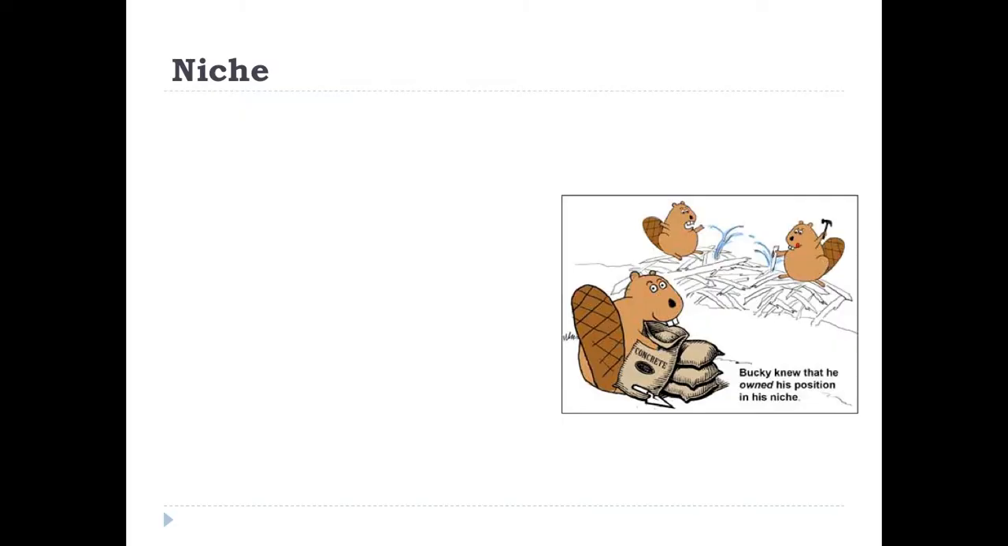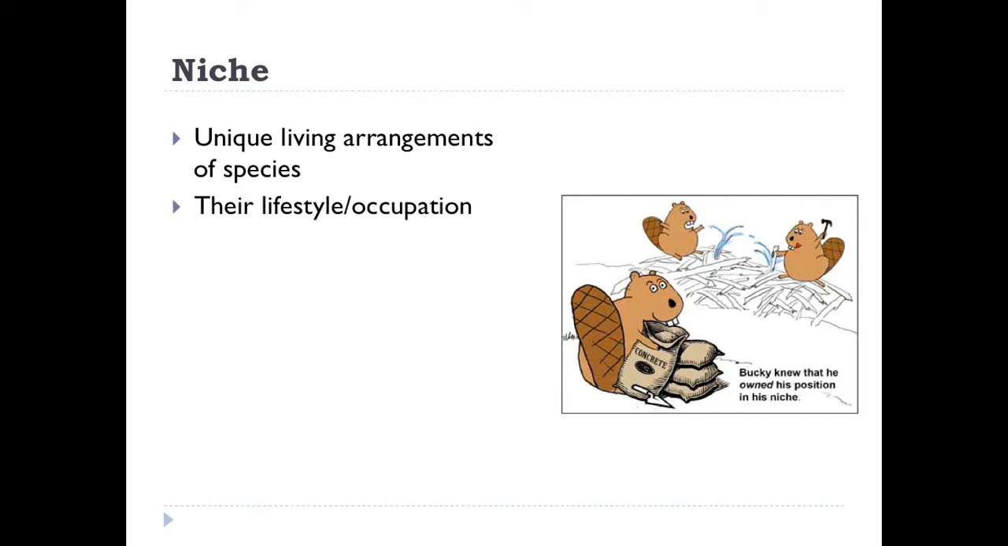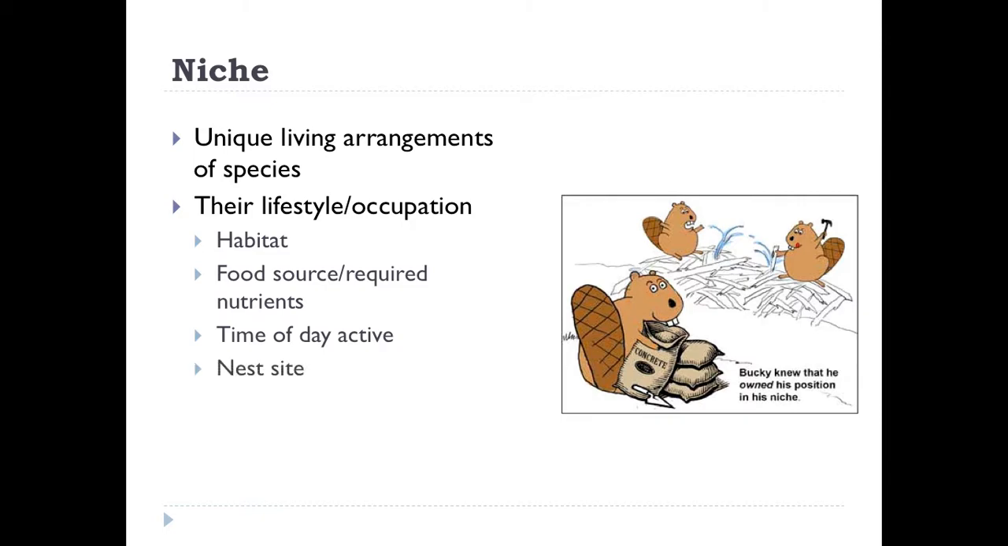First, I want to talk about the concept of a niche. Basically, a niche is the unique living arrangements of a species. You can think of it as that species' lifestyle or that species' job. It might include things like their habitat or where they live, their food source or required nutrients, the time of day they're active, their nest sites, maybe how big their territory is. You can think of all sorts of other things that might be really important for a particular species to